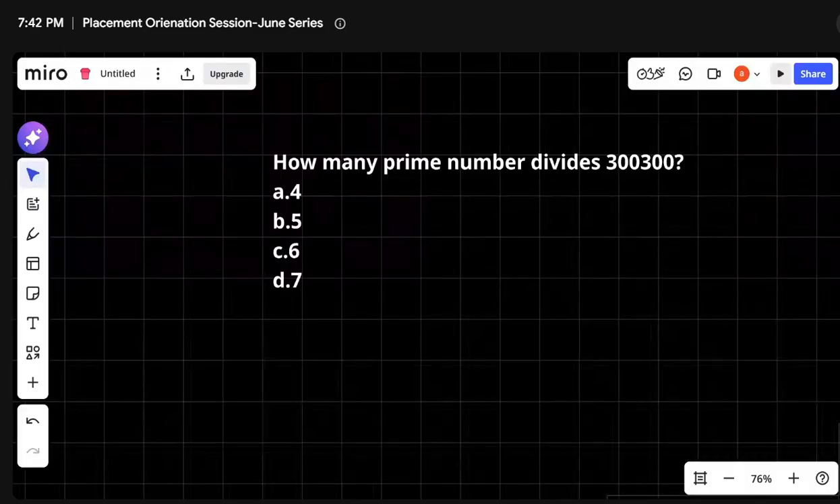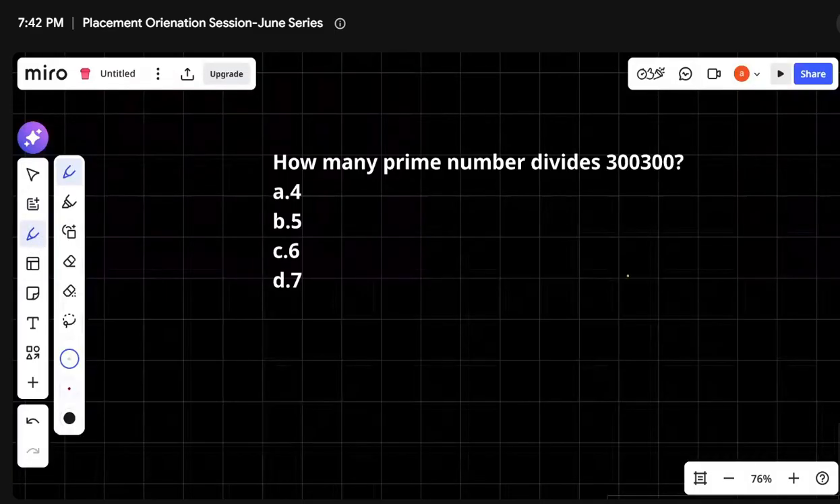Now, how to check if a number is divisible by a prime number or not? Simple, I need to factorize it, right? I need to factorize it. For example, 10: if I factorize it, 2 into 5, I can say 2 divides and 5 divides. Same way,